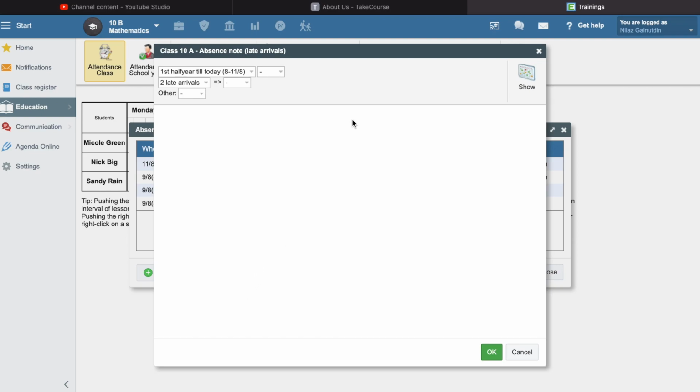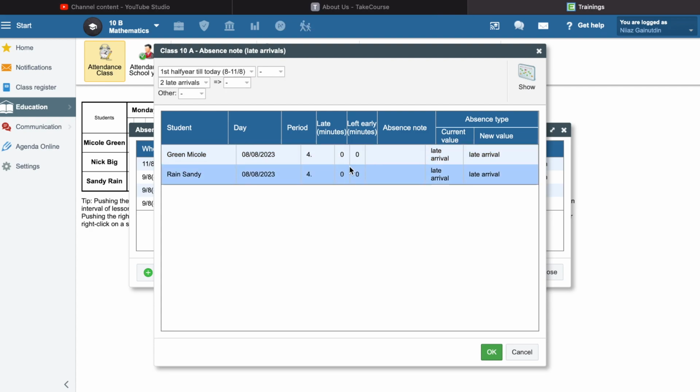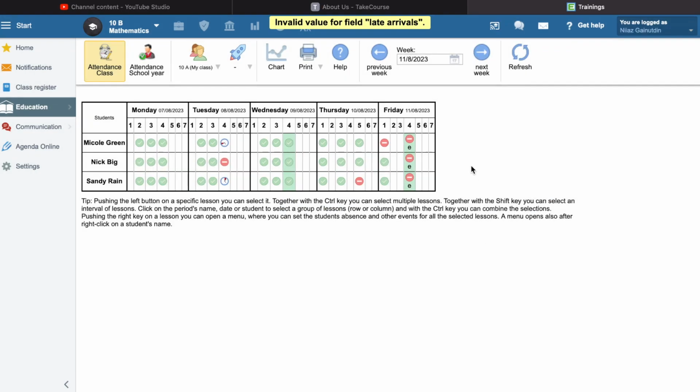And for the advanced settings, you need to be using at school the modules for taking the attendance from the turnstiles. And if you click show here, it will be showing here the time and in minutes, so when it was taken. And let's close it now. And if we go to the attendance school year,